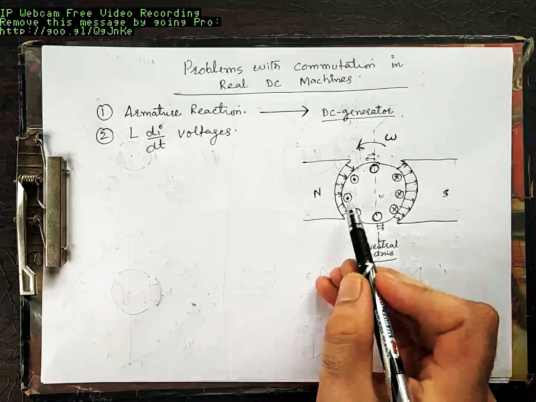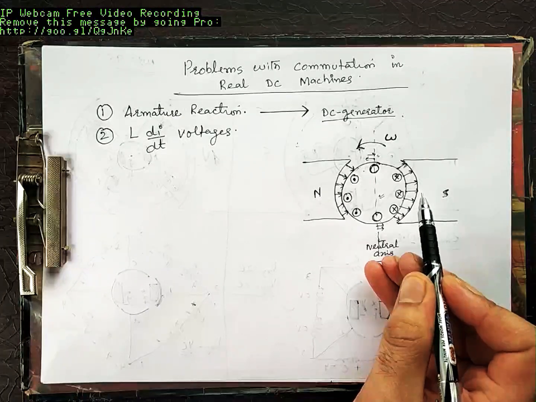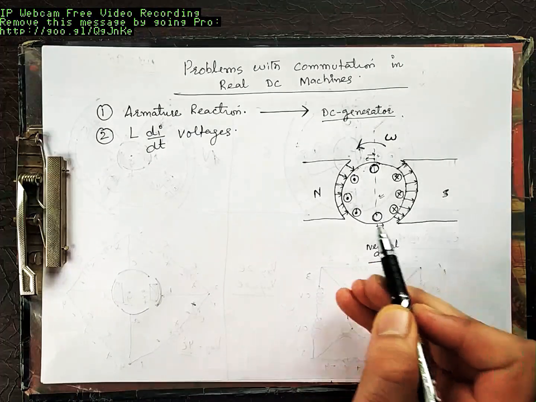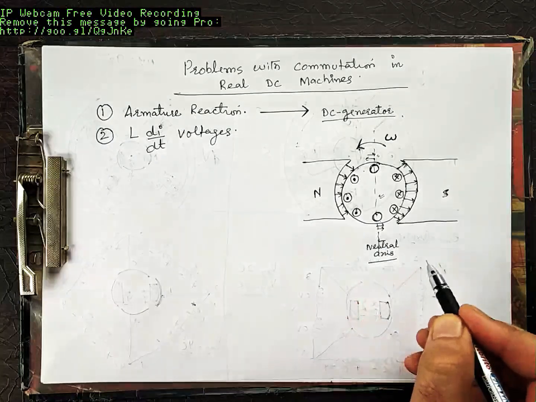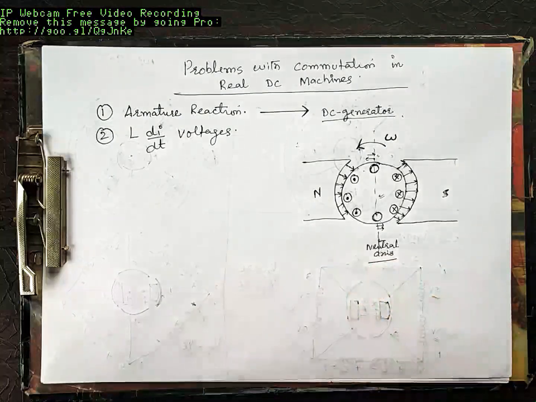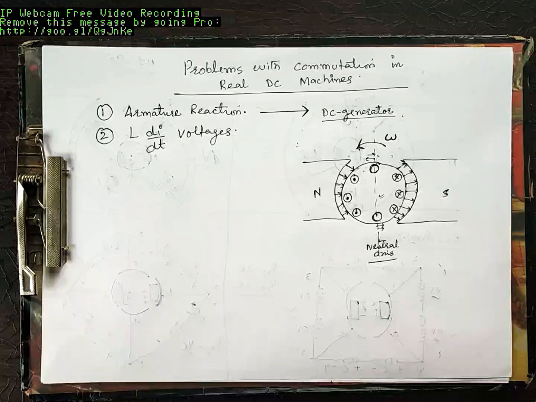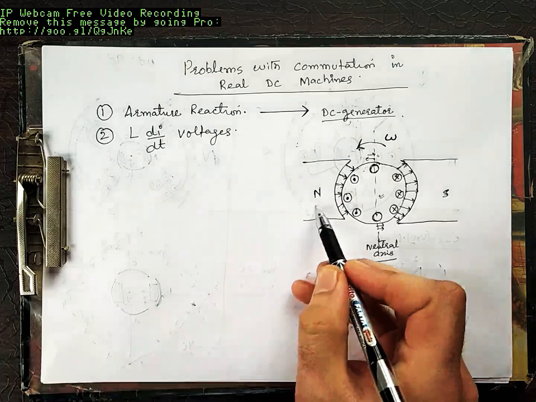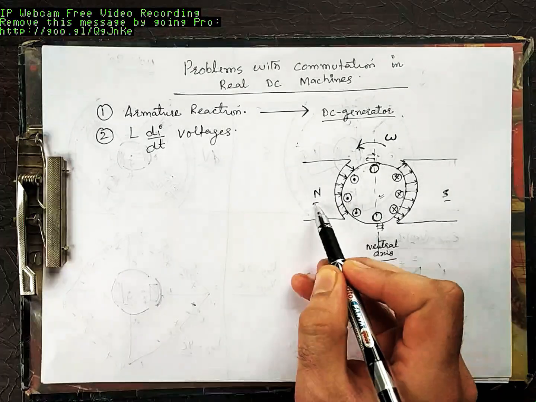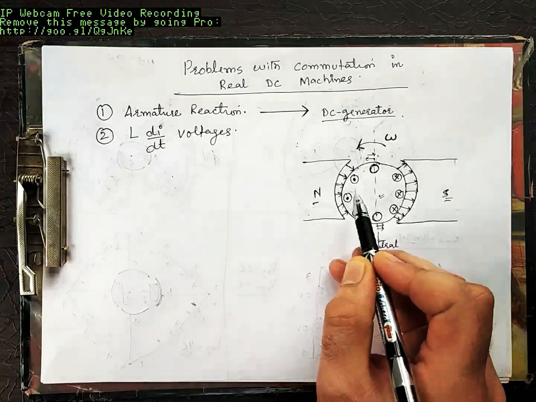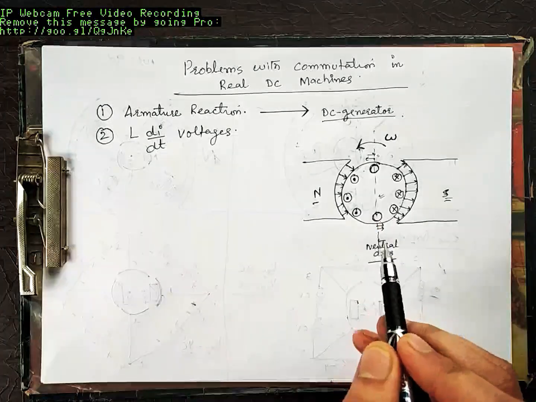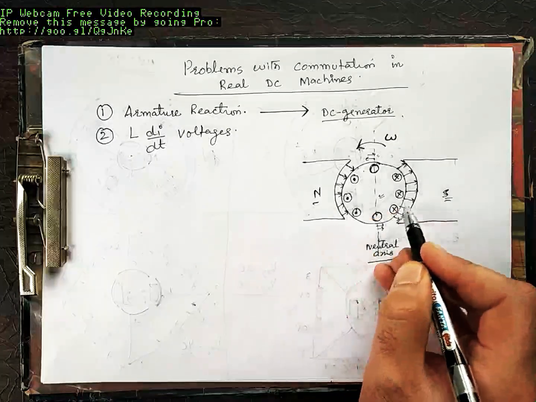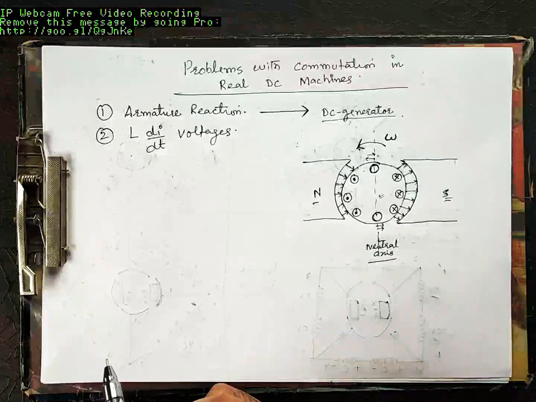Now when will you have a current carrying loop? When you connect some load to this machine. When you connect the load, the circuit gets completed and there is a current flow. Whenever there is a current flow, there is a magnetic field. This we call the main field, or the stator field. Now we have another magnetic field because of this rotor, or what you call the armature. We call it the armature magnetic field.